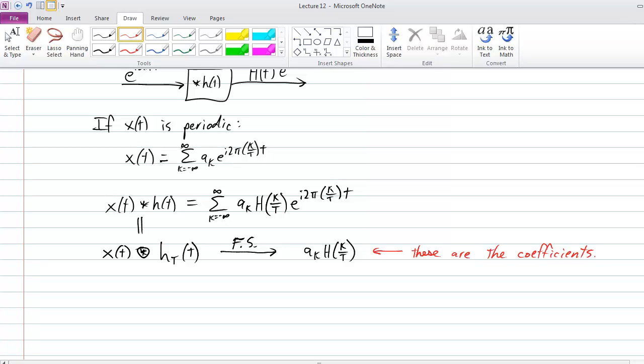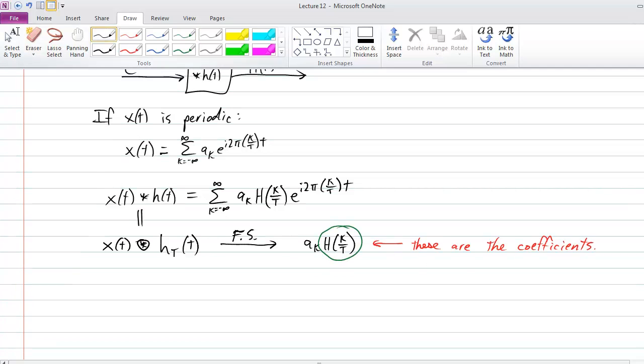And here what I'm trying to show you is that the circular convolution of two inputs, so you might think of one period of x circularly convolved with one period of h, has a product relationship for the Fourier series. That you have a_k times this thing here. And the question is, how does that relate to the Fourier series? Well,